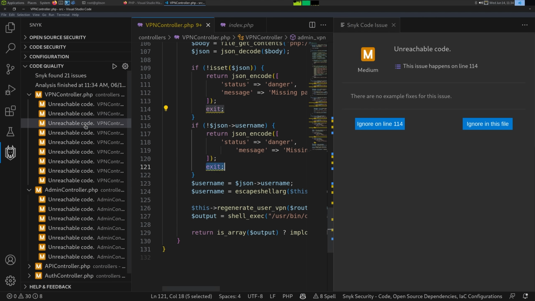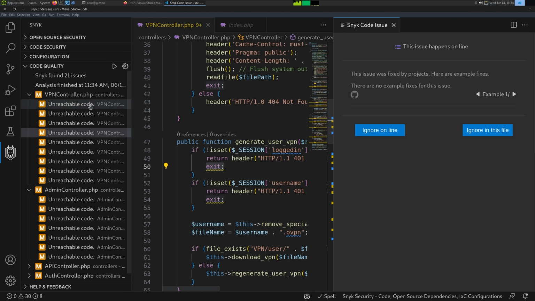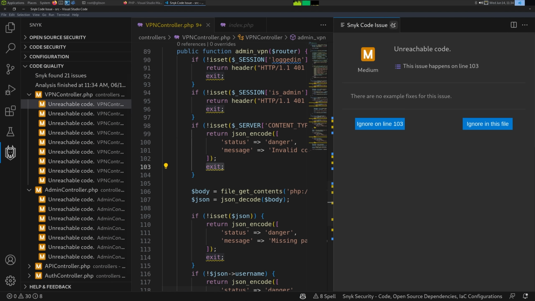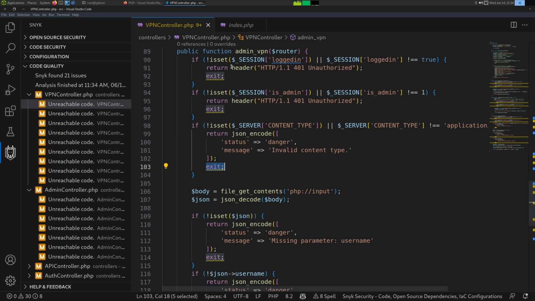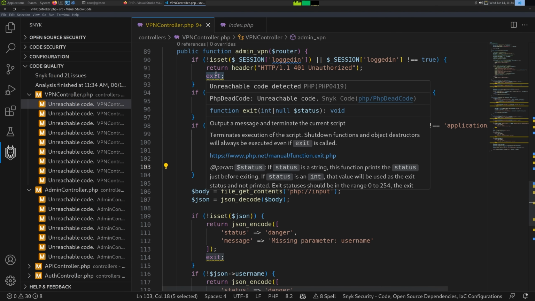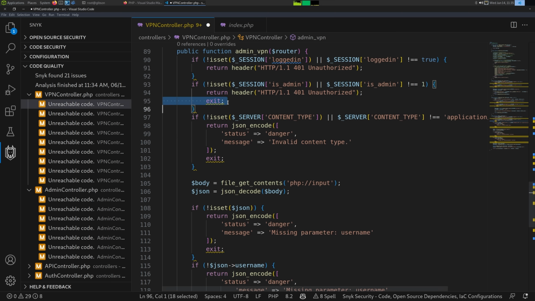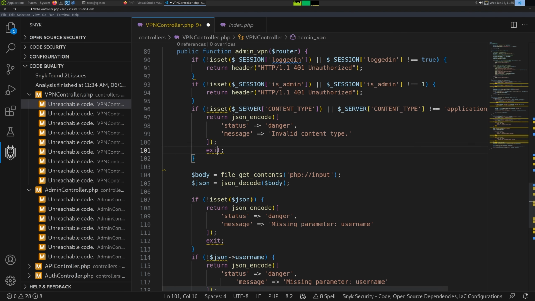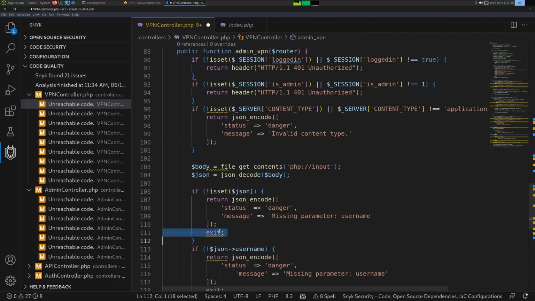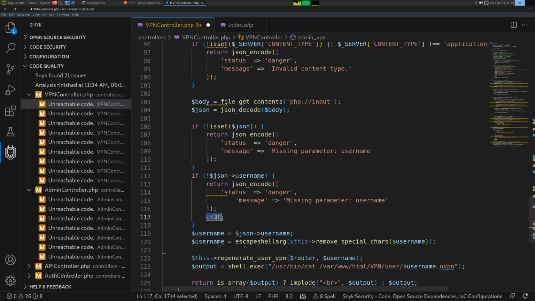Let's see. I guess they don't have examples for fixing this. But if we look, we can kind of understand what's happening. It says this is unreachable code, and the reason why is because just before the exit, we have a return. So it's never going to hit this line. So if we just removed these exits because there is a return there, then we can start beginning to clean